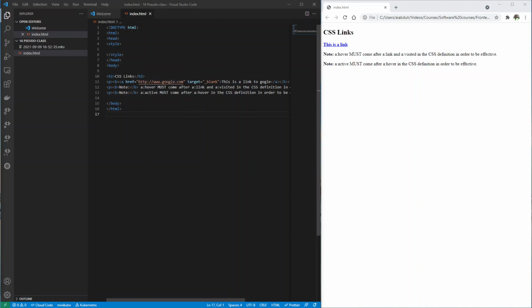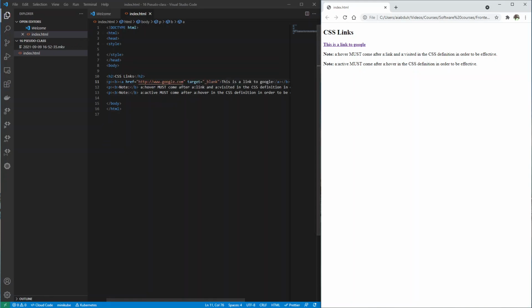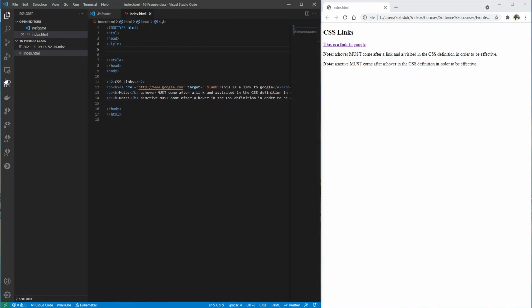Just so we work with real world URLs, I just changed this to Google, and then I changed this to say this is a link to Google, not Googly, but Google. So if I refresh this again, you can see this is a link to Google. Okay, so now let's see how to style this link. So I go to my style section, and the first one I'm going to be doing is the unvisited link,